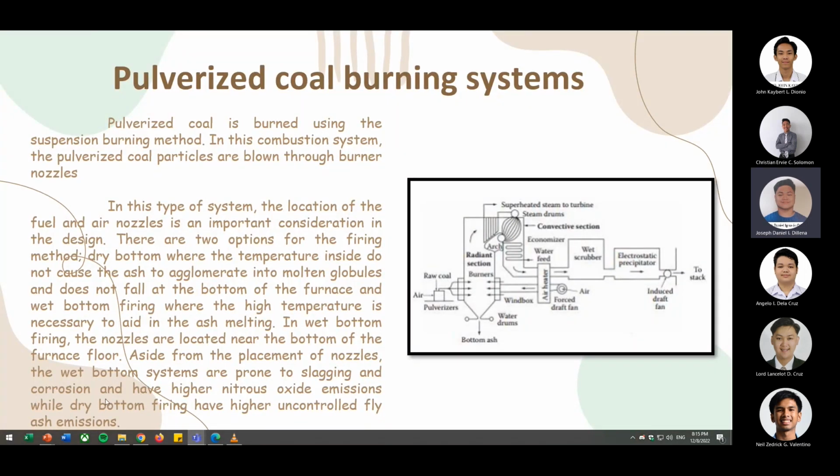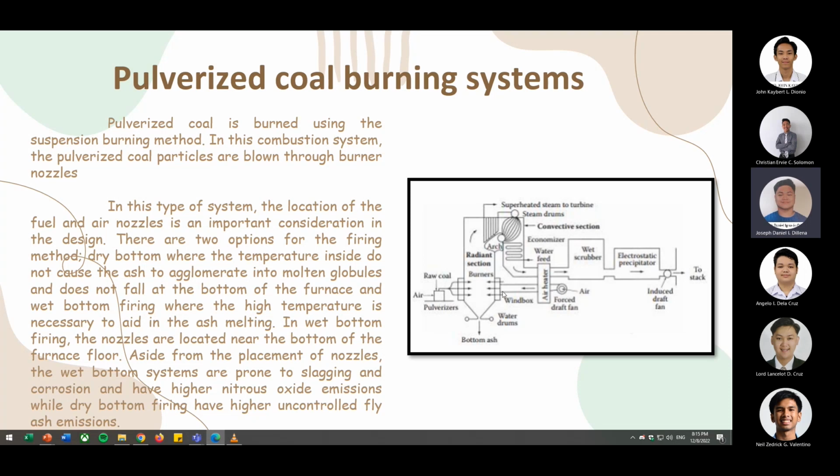Pulverized coal burning systems. Pulverized coal is burned using the suspension burning method. In this combustion system, the pulverized coal particles are blown through burner nozzles. In this system, the coal is pulverized to fine powder, and that is done to ensure rapid combustion. Fine powder coal is created with the aid of ball mills that